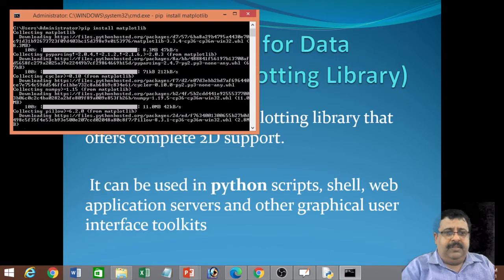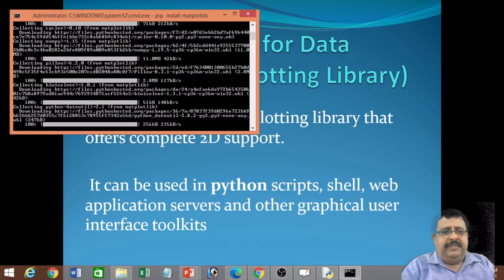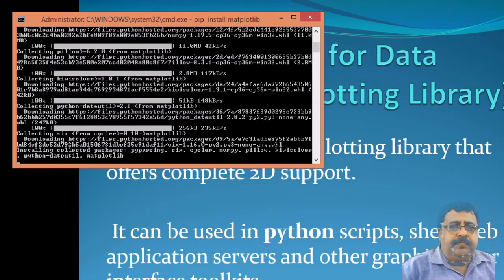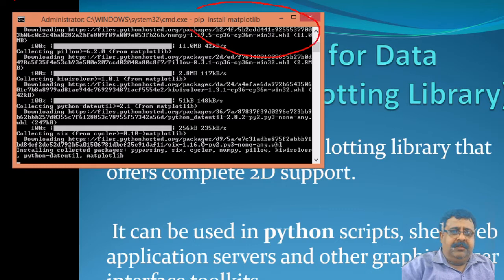So you can see on screen, the matplotlib library is getting downloaded with a simple command. You can see here the command pip install matplotlib.